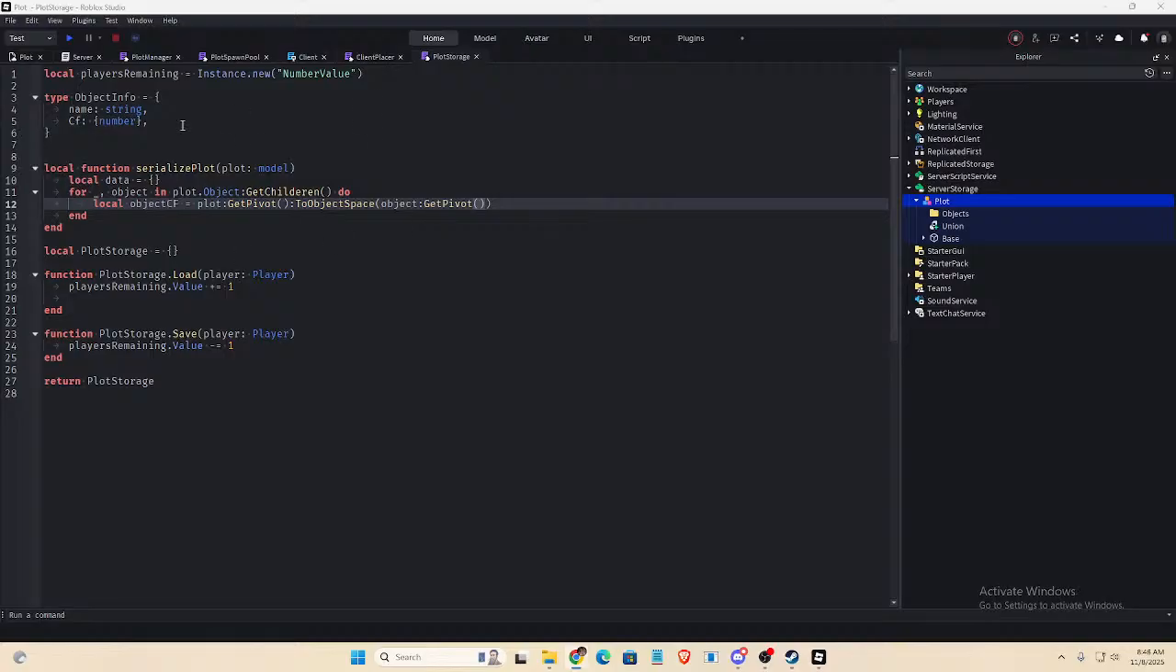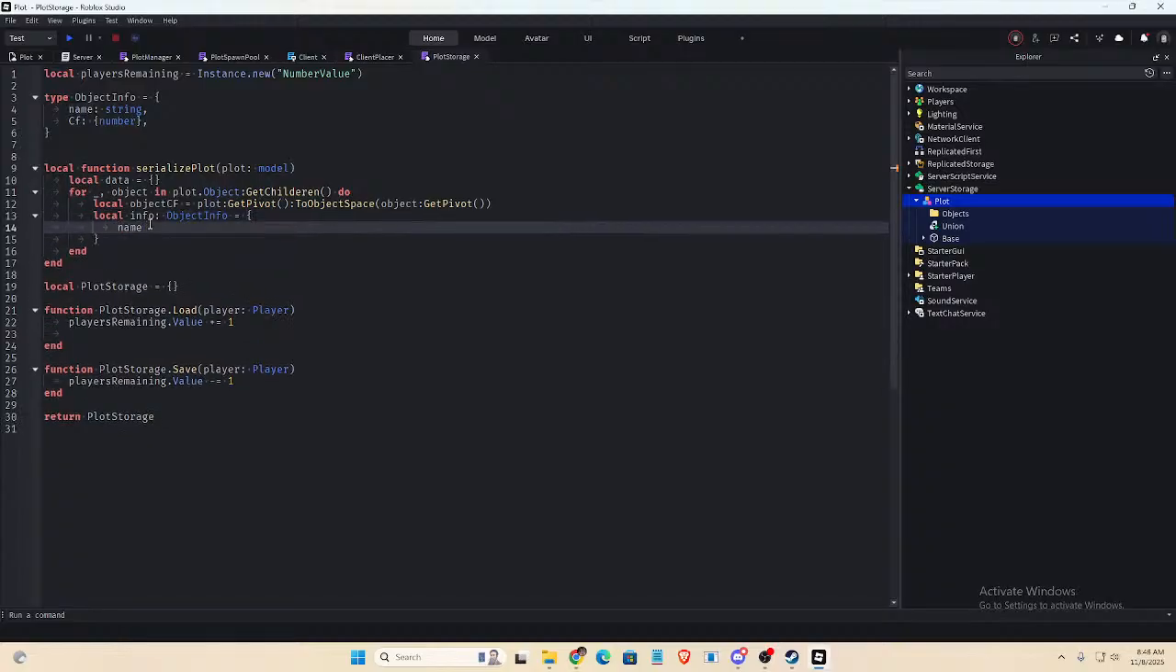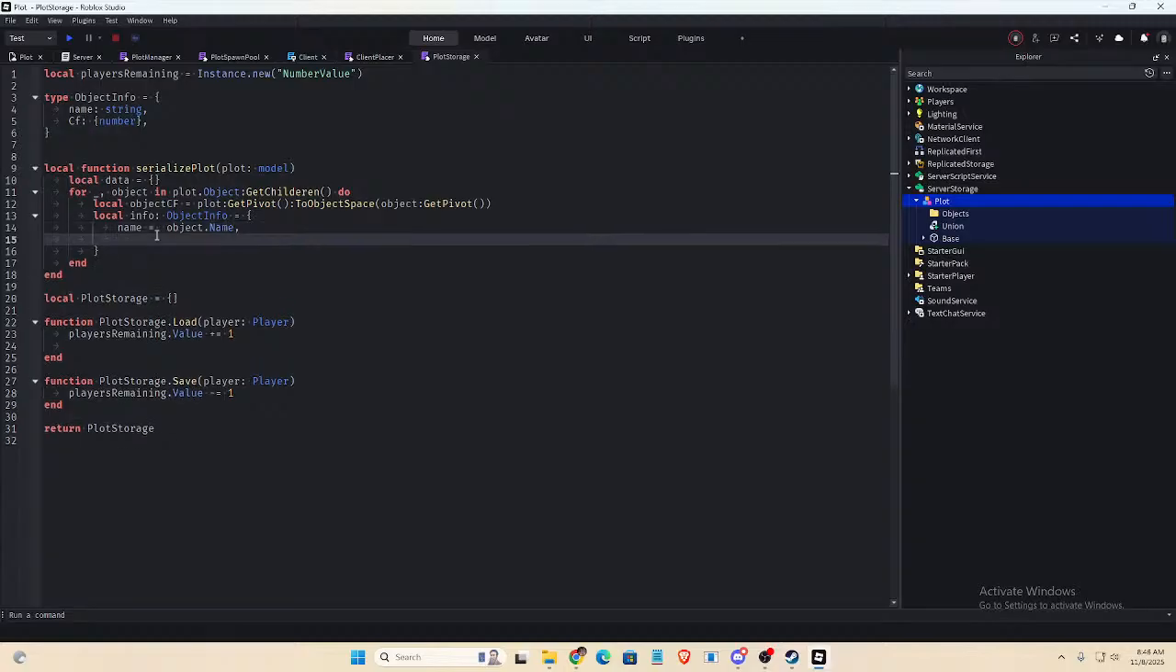And so now we actually create our object info. So we're going to say local info is an object info of type, and the name is just going to be equal to object.name, and then the CF. So you may be thinking, how are we going to convert a C frame, which is an object and it has different properties, whatever? How are we going to convert that into a format that can be saved, because when you deal with data stores initially, they can only save strings and numbers and arrays, stuff like that. And a C frame is an object. We can't just say, here's a data store, please